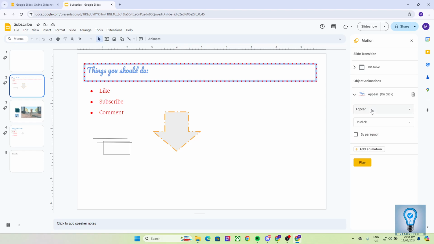Click on this object, and now click on any transition that you would like to add. Let's say, for example, fly out to the bottom, and then you can add a trigger button, let's say for example on click or after previous and with previous. And to add another object to animate, click on this one,